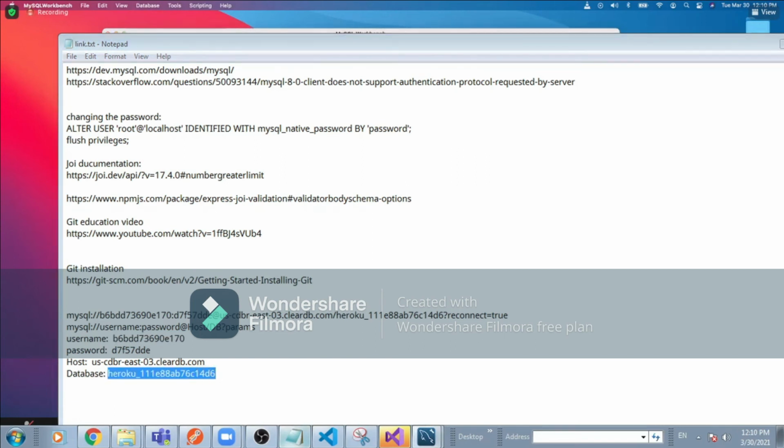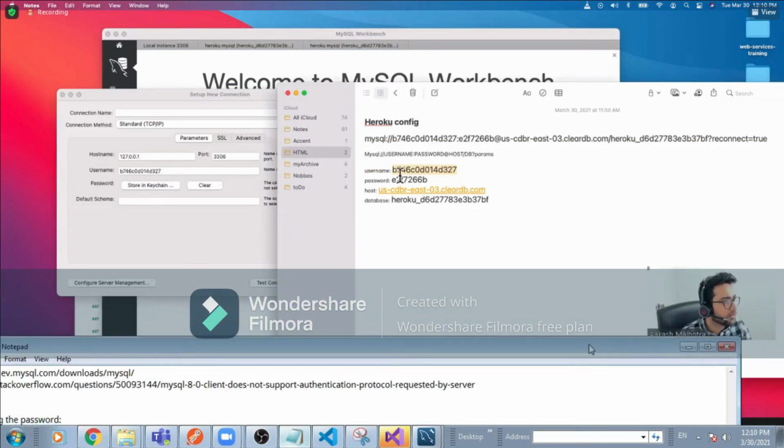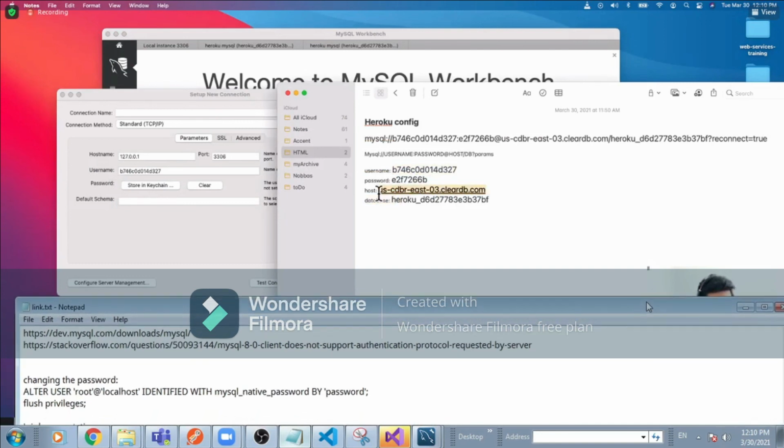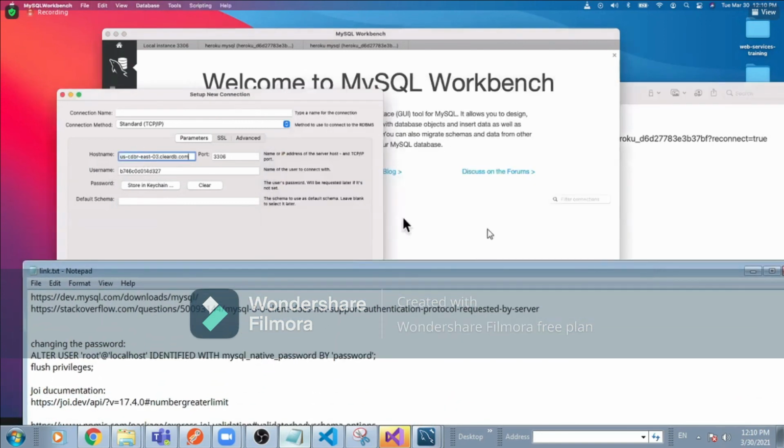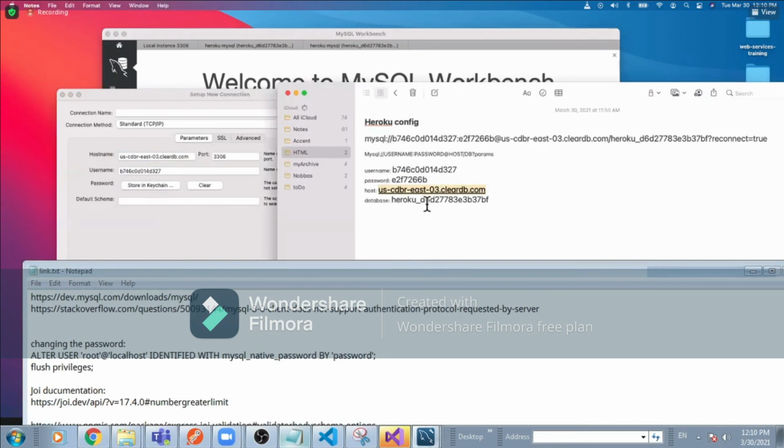And for the port, we should add the link, the host. No, for the port you need to leave it as it is. I'll actually show you values filled up in it so that it's easier to compare. This is the username. Username needs to go into username. And then we have host name. This needs to go in host name, right? And then our database needs to go into default schema,